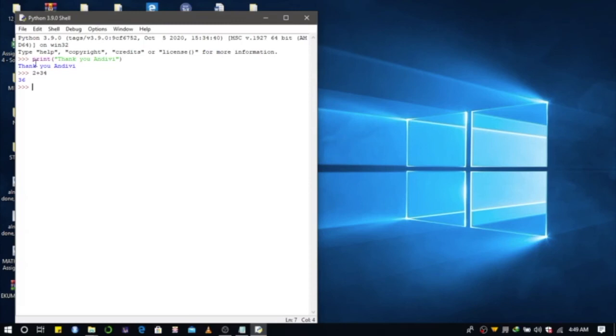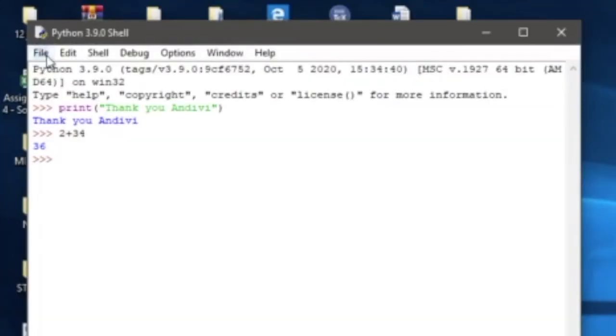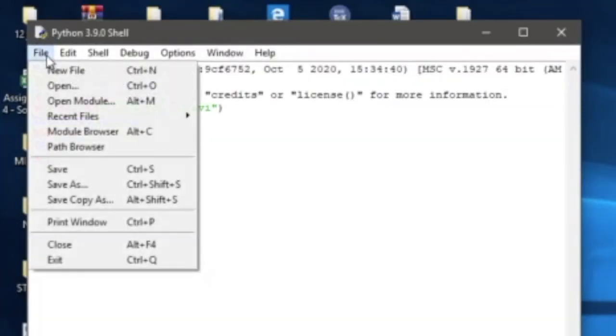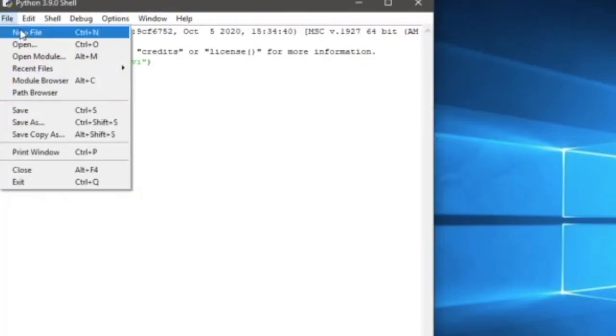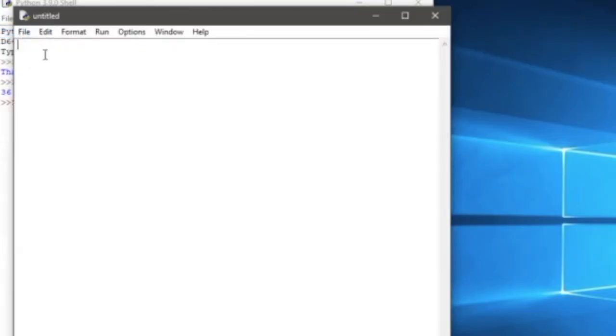But there's another aspect of Python, which is the script. Now the script is an area where you can compile codes and later run them. And so if you want to open your Python script, you simply come to File, then click on New File. Let's try something new. So let's go ahead and type print